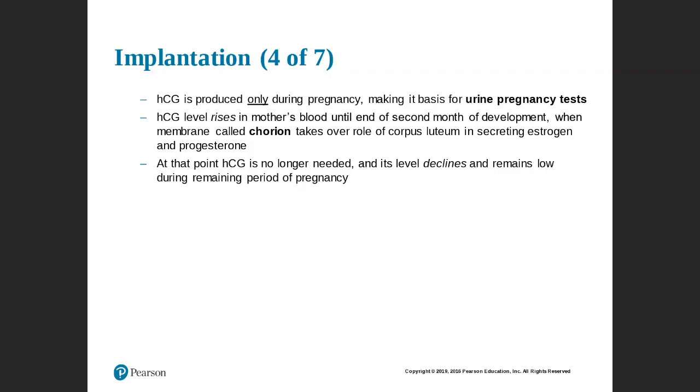hCG levels will increase in the mother's blood until the end of the 2nd month of development. When that occurs, the membrane called the chorion will take over the role of the corpus luteum as the estrogen and progesterone hormone producer. At that point, hCG is no longer needed, and its level will start to decline and remain low through the